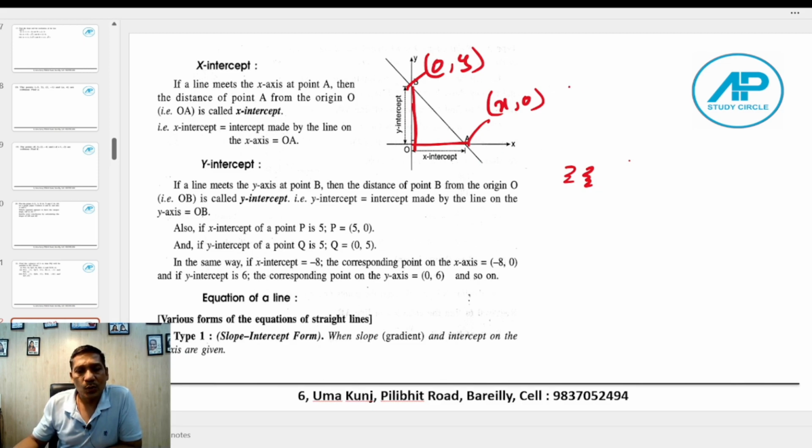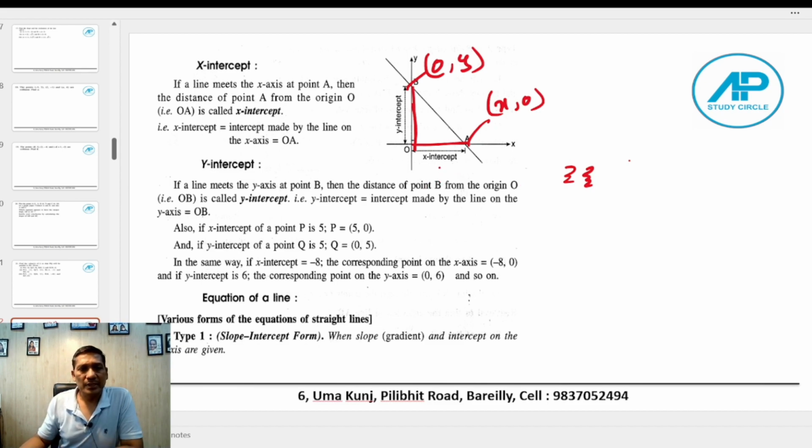This point is on x axis, this point is on y axis. So we can say that this line is having x-intercept on x-axis and y-intercept on y-axis of length x and